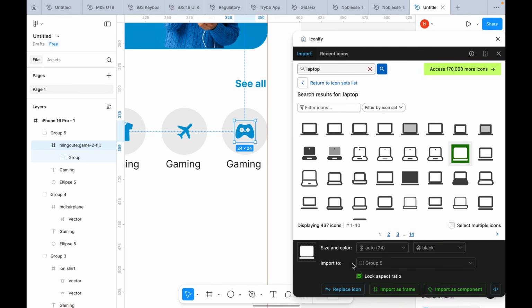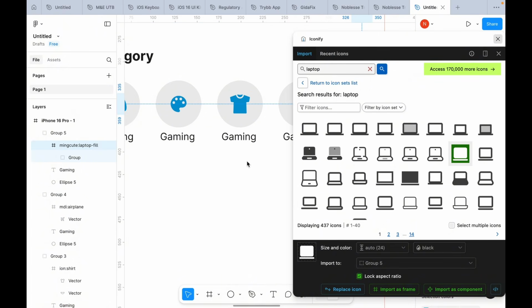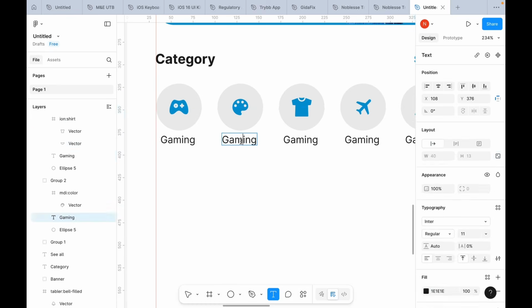I'll use this one because it's a fill. And then you can close our plugin and go ahead and change the names of our categories. So this one is going to be arts. Also, one more thing,